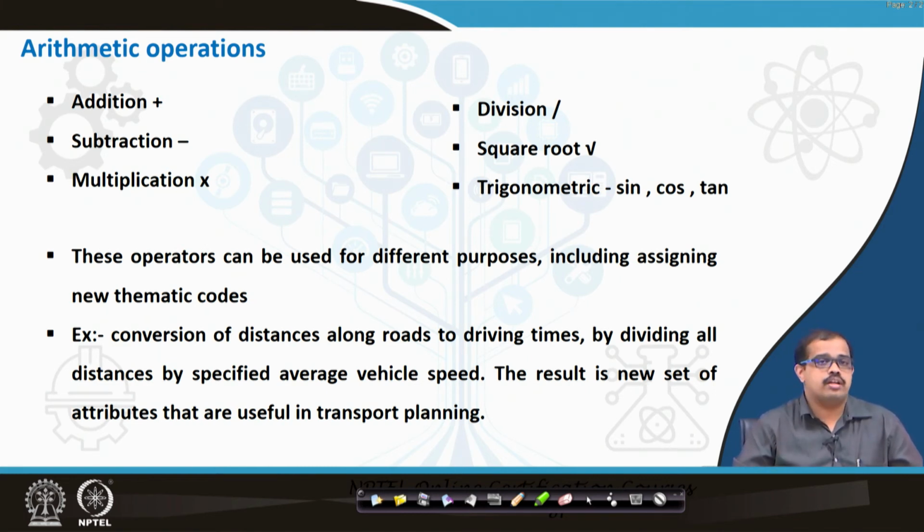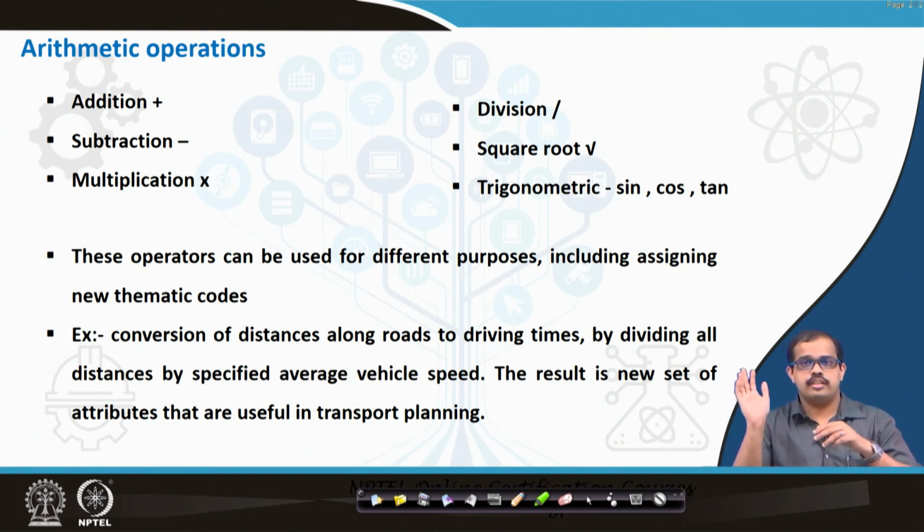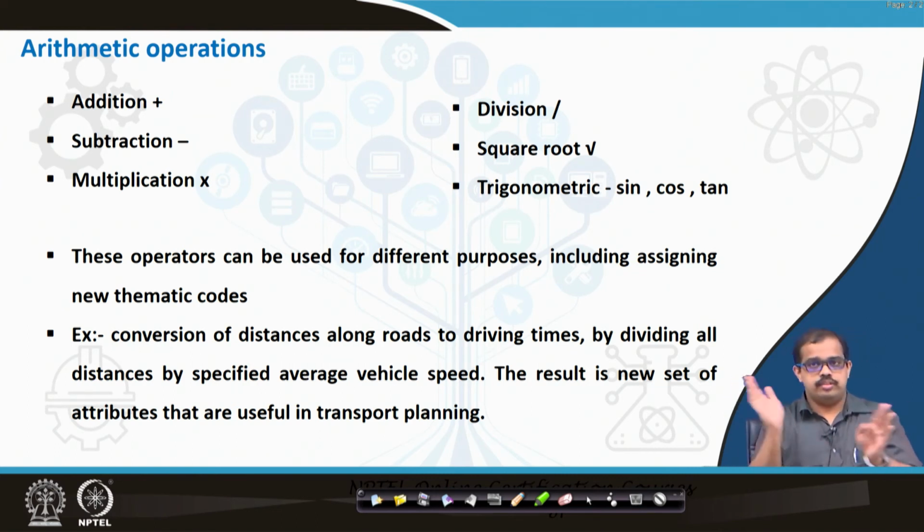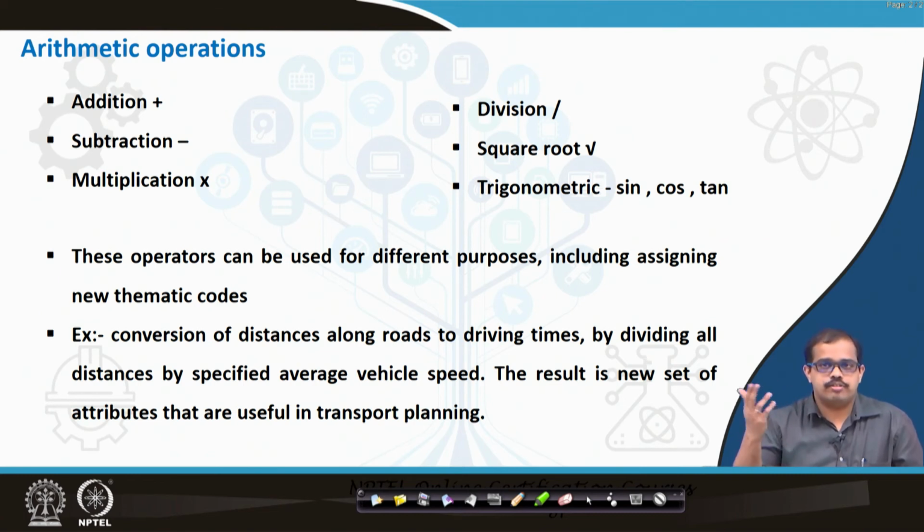Or for example, there are two urban area maps, and I have extracted only the urban area. Now I have to see what the difference is. It is as simple as this. Take the older map and make the urban area 0, and in the newer map the urban area is 1. Multiply both: where there is 0, the entire region is warded off, and the new urban area, which is 1, is retained. You can extract that particular data. That is an example of arithmetic operations that you can do on a map or an image.